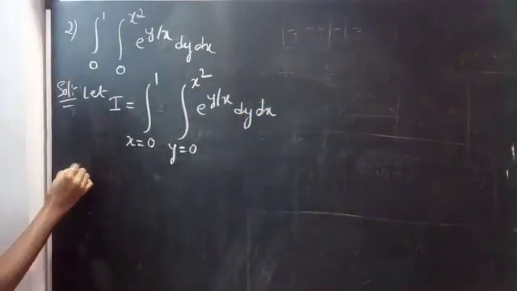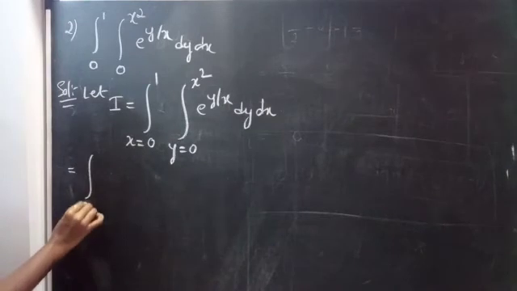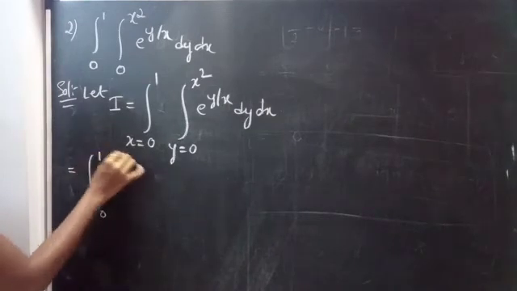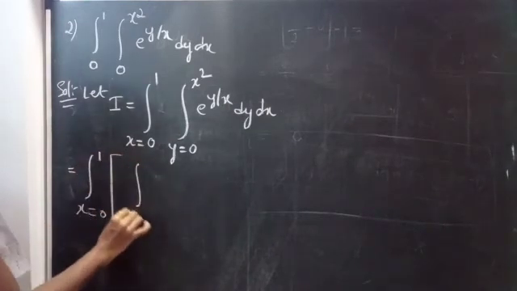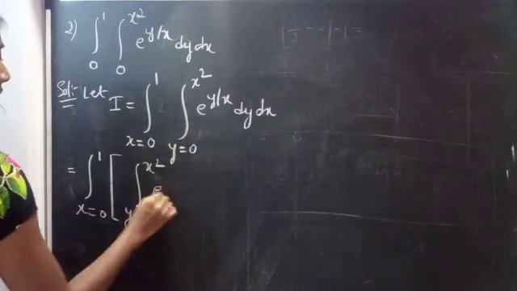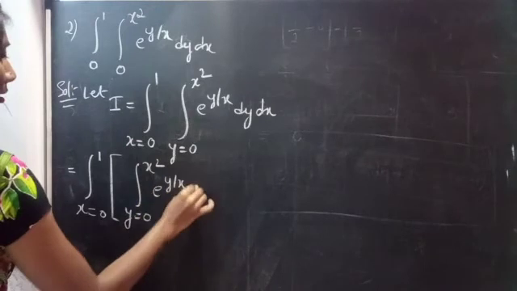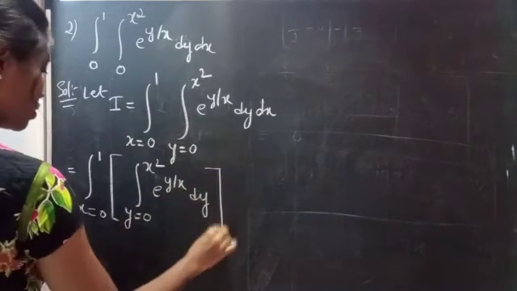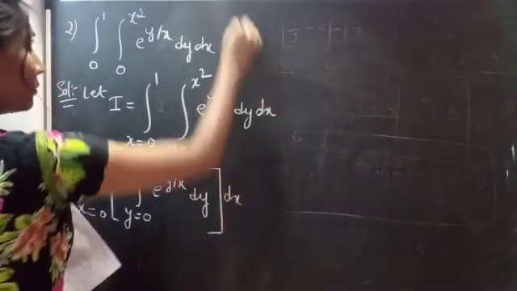So this is equal to integral x equals 0 to 1 into integral y equals 0 to x square e power y by x dy into dx,